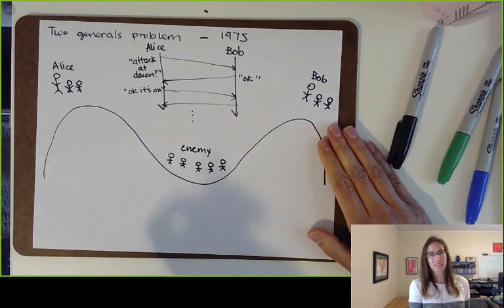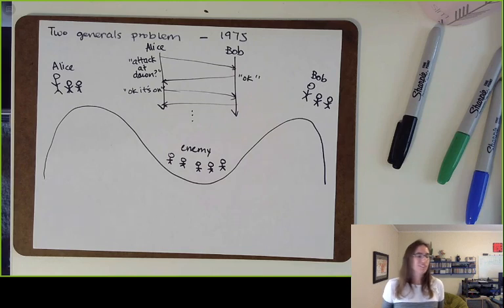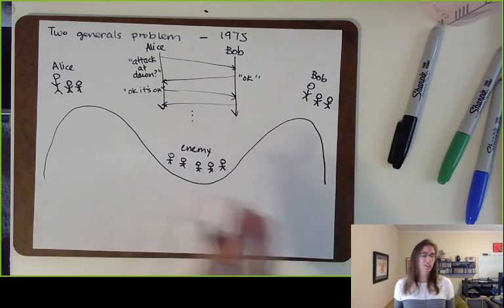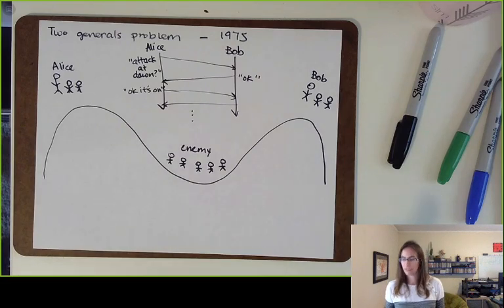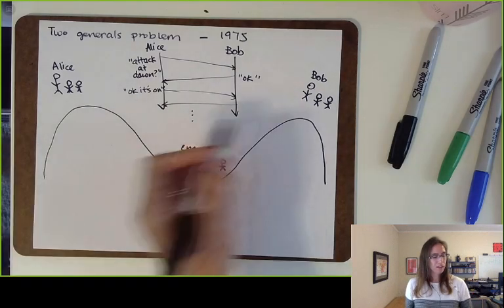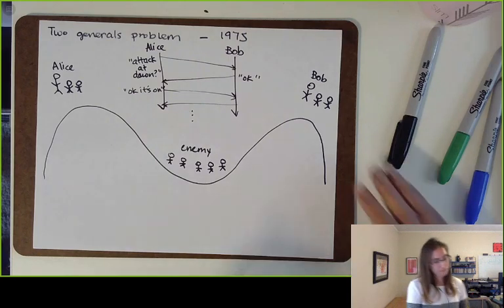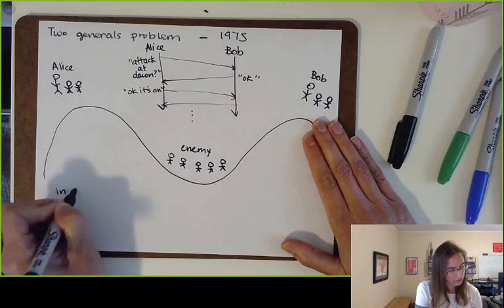I think even though the suggestion might have been a joke, you're kind of on the right track in the sense that if there's some kind of side channel by which Alice and Bob can communicate, they might be able to solve this problem. But if we're in a setting where Alice and Bob can only communicate by sending these messages through the valley, it turns out that in the omission model,